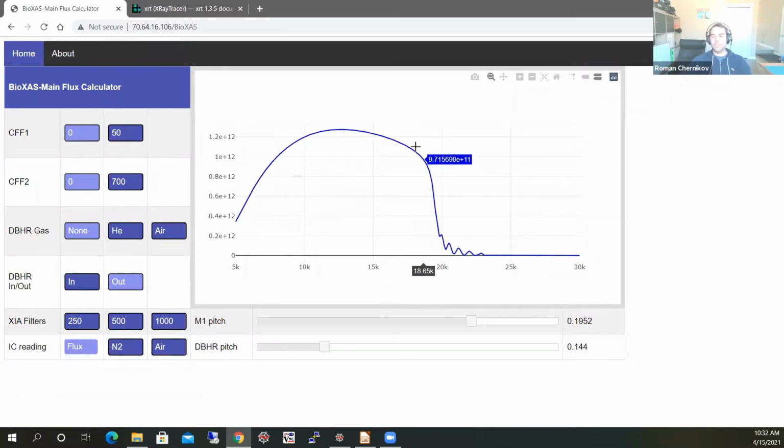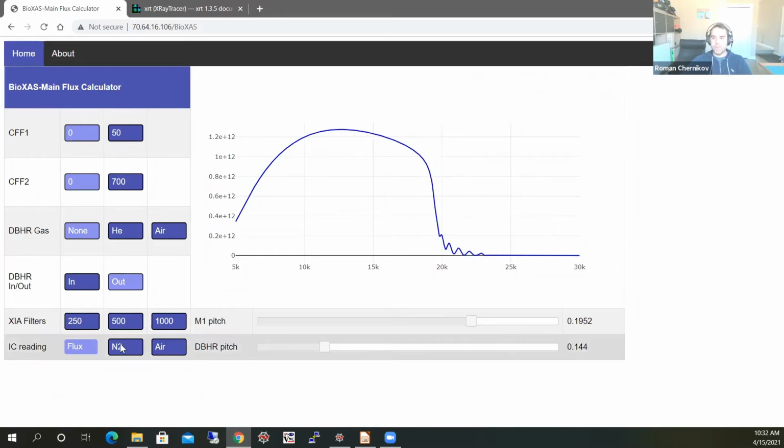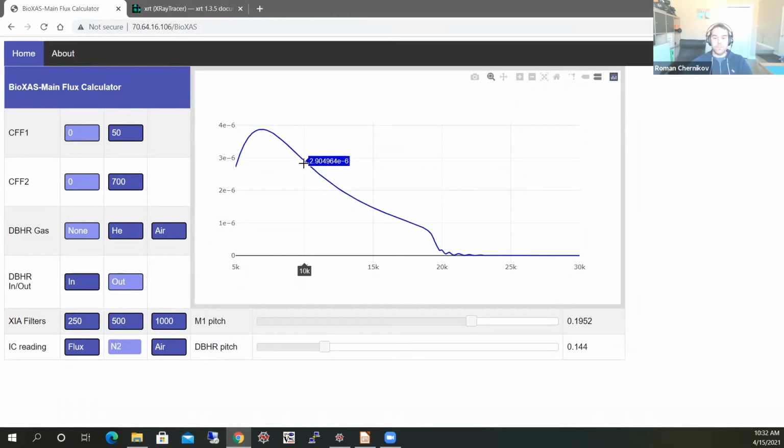They used to look at these nice curves with lots of photons, but if you consider absorption in nitrogen that we use in our ion chambers, it's clear that the current and reading from ion chambers will drop. That is normal, and basically these values correspond pretty well to what we really get and what we really see